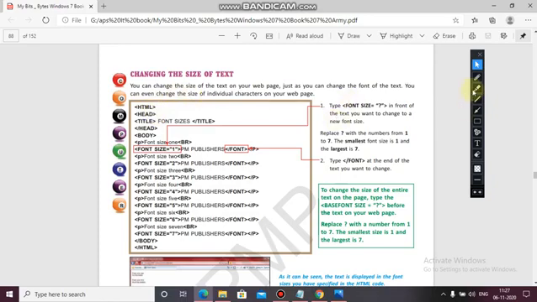You can change the size of the text on your web page just as you can change the font of the text. You can even change the size of an individual character, a single character. So for this you have to use a size attribute with the font tag. 1 will be the smallest value and 7 will be the largest value. Okay, so let's see this also, whether it gets changed or not.